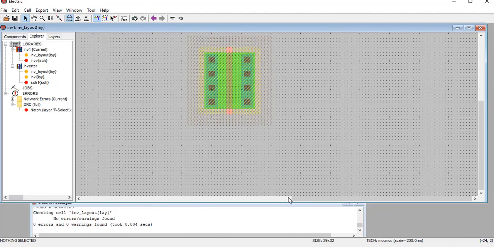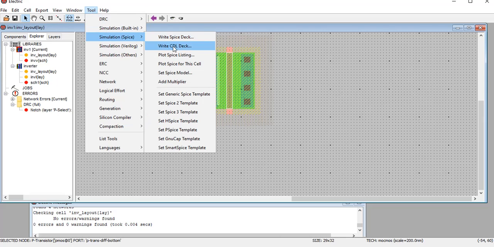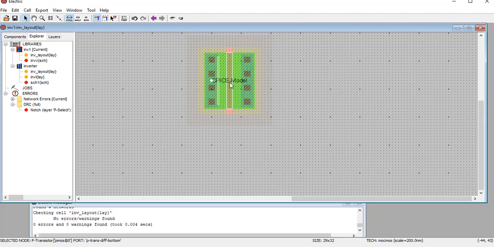Now, what exactly did we do in the schematic? Once a PMOS is placed, we set the model. Similarly here also we are supposed to set the model. So, click on this, go to tool, simulation, set spice model, and the spice model is hidden over here. And how do I extract it? One easy way is to zoom in, extract it, and then zoom out again, or what I can do is click somewhere outside,